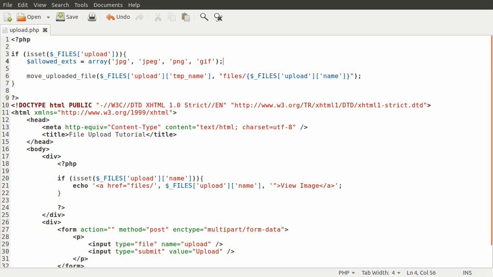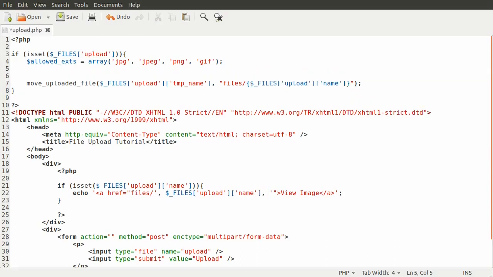Now the next thing we need to do, now that we know the list of allowed extensions, is determine the extension that was actually uploaded, and we get that from the file name, because this is the actual name of the file that was selected. So we can get the extension from that. We'll define a new variable just under that called ext, short for extension again, and this can be equal to